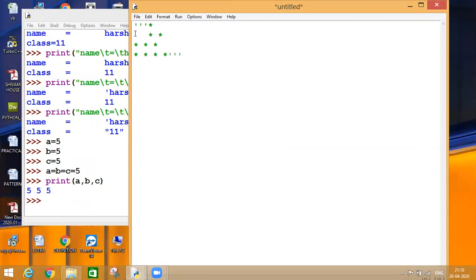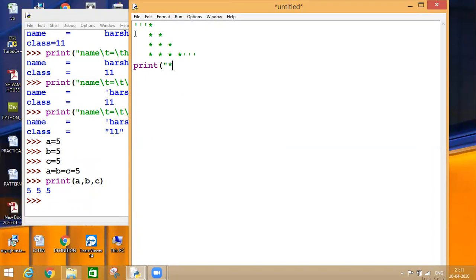I can shift it over here. I want to print 1 star in the first line, 2 stars in the second line, 3 stars in the third line, and 4 stars in the fourth line. And if I ask you to write one program for this so that I get the result in the same manner, how will you write it? Simple. By using the print statement, we can do this.